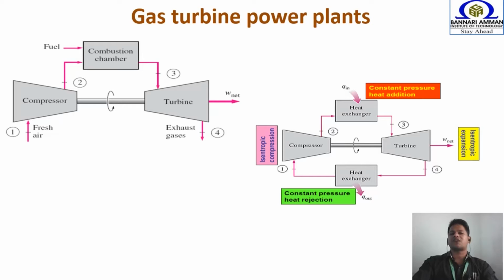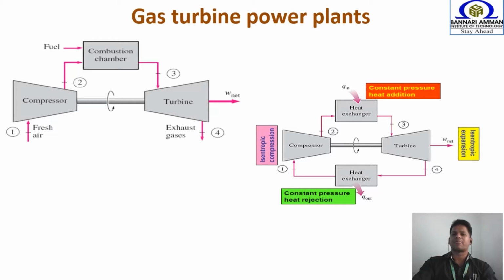Separately we have a combustion chamber, from which we transfer the heat energy here. The pollutant gas we collect here has to be treated. One more problem is that if we send these producer gases to the turbine blades, we may not know the chemical composition of those gases. Erosion and corrosion may be possible in these turbine blades. But in the case of this cycle, we don't have any direct contact between the producer gas and the turbine, since we only have air circulating over the compressor, heat exchanger, turbine, heat exchanger and so on. So here we don't have any problem of erosion or corrosion of turbine blades due to the producer gas.